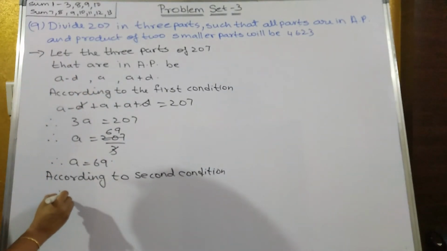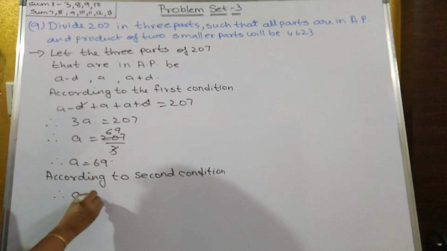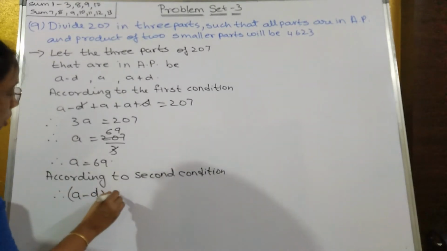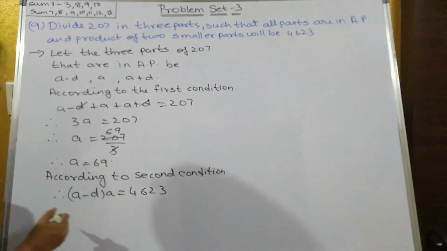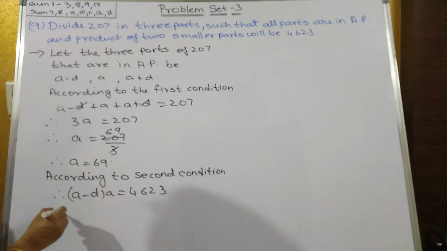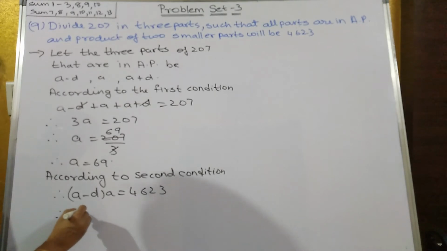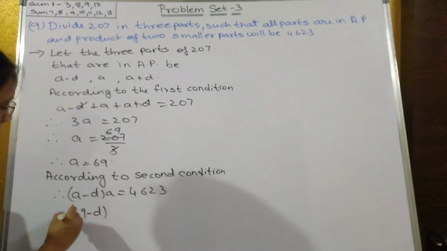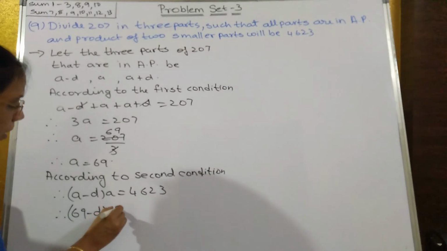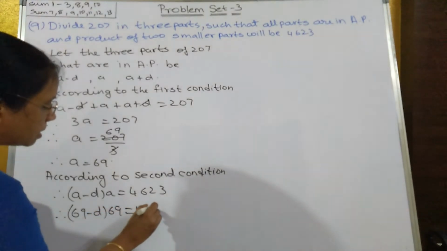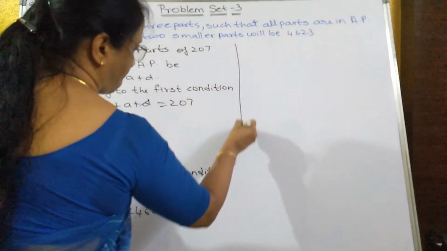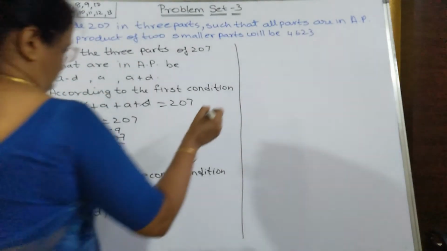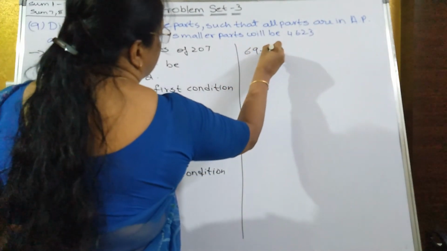Therefore, A minus D into A should be equal to 4623. Now we already know the value of A. A is equal to 69. So 69 minus D into 69 is equal to 4623. Therefore take the 69 below. So what you will get? 69 minus D is equal to